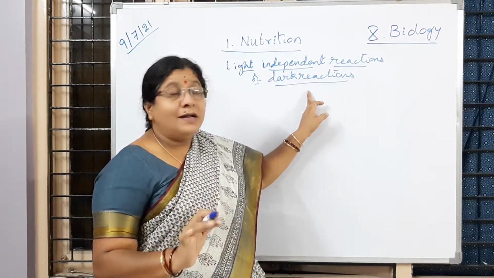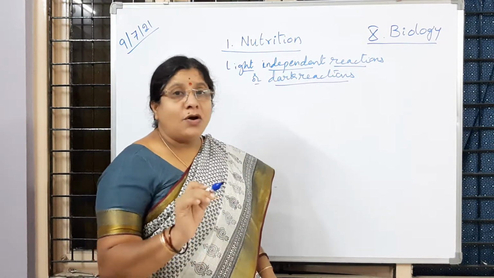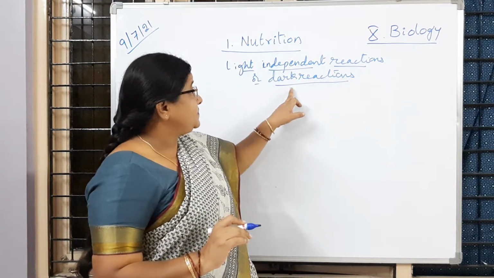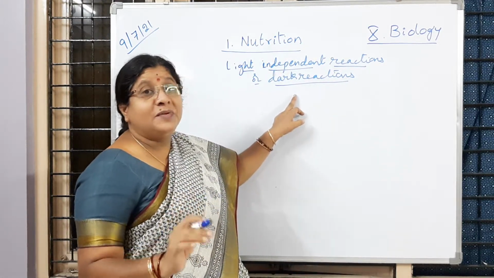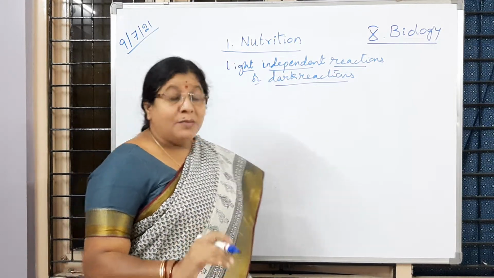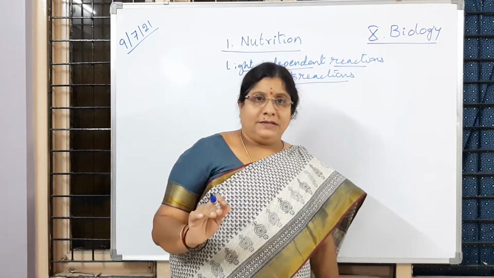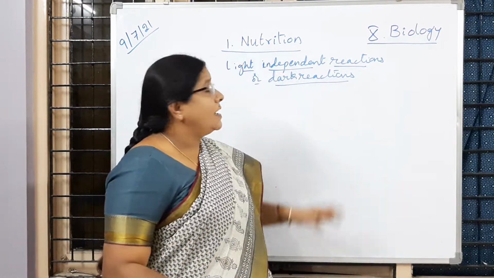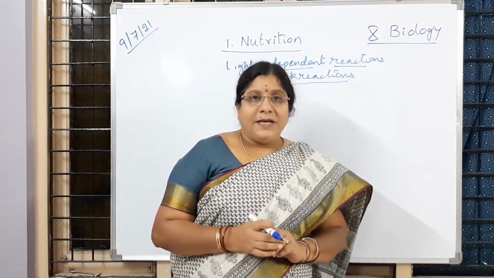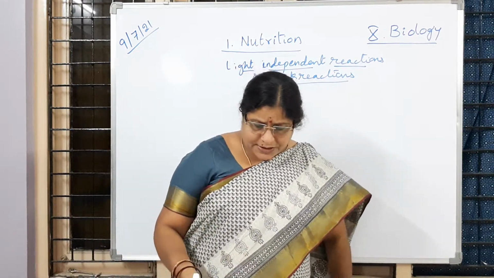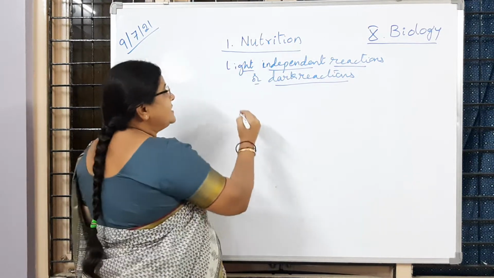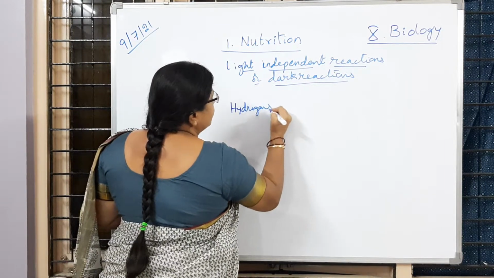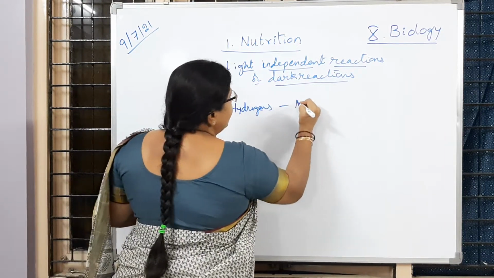That much only, but it does not mean the second phase of photosynthesis takes place in the night. I hope you understood. Is it clear to you? So dark reactions are not taking place at night. Is it clear to children? But light is not needed for those reactions. And you know that the dark reactions happen in the stroma of the chloroplast. Okay, now coming to the next point. In this phase, what is happening is that the hydrogens which are present in the NADPH